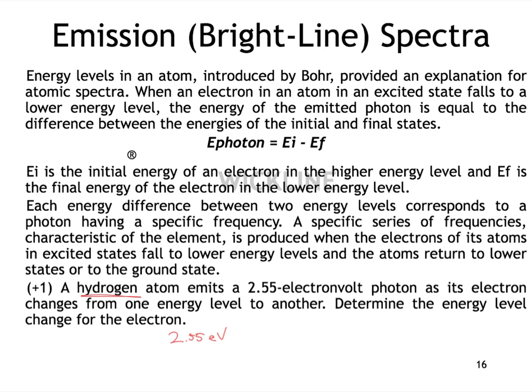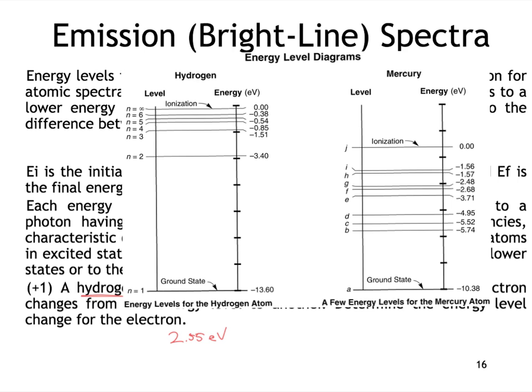So let's find 2 energy levels that are 2.55 electron volts apart. So let's see. If we have a ground state at negative 13.6, and then n equals 2 is negative 3.4, this difference between these two numbers is larger than 2.55, so it's not going to be this change. But this one is tempting, so let's give it a shot. You can actually sort of ignore these negatives and just treat them as positives for now. So let's see if we can get 3.4